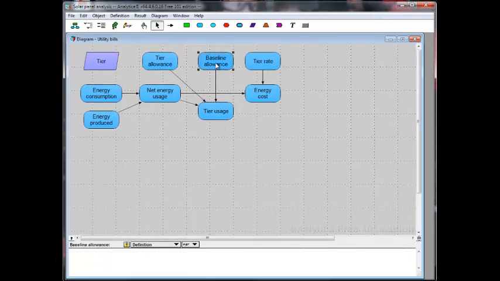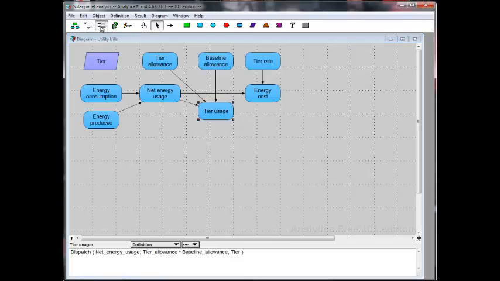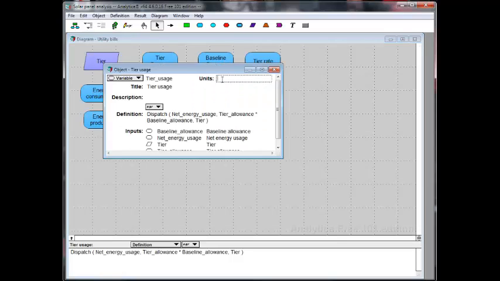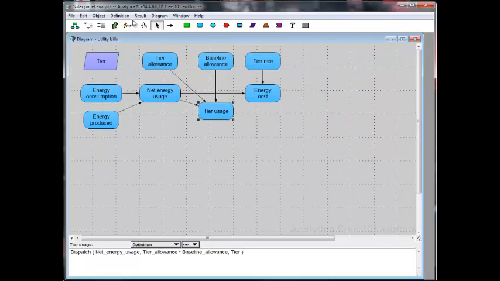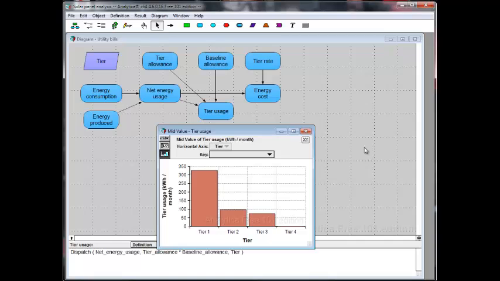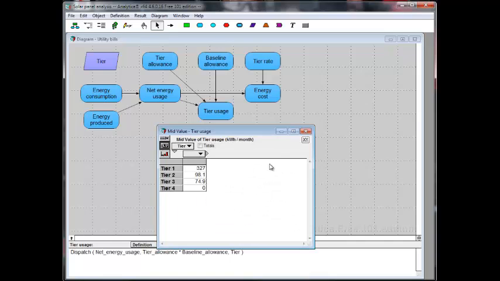Okay, so let's enter that baseline in there. And now we can evaluate tier usage. Before we do that, I think it would be worth putting in the units and the description here. And then let's also expand the window so that definition fits on one line. Okay, let's evaluate it. Okay, so it's dispatched to the different tiers, and let's compare that to what the utility